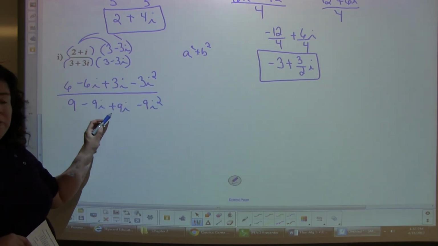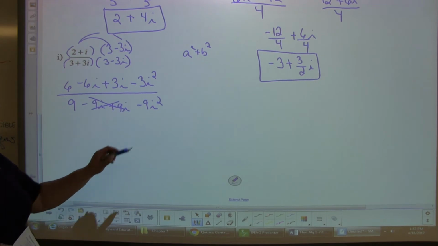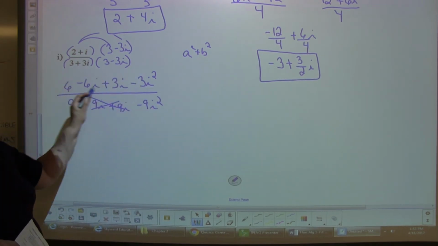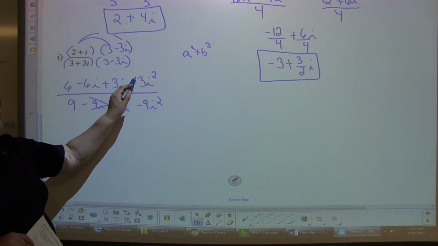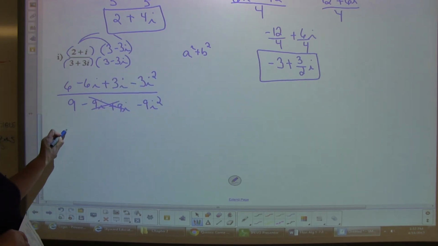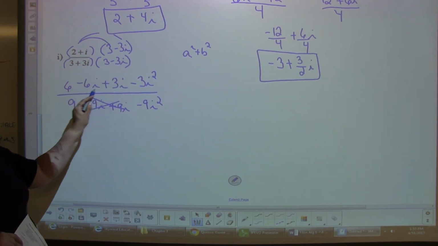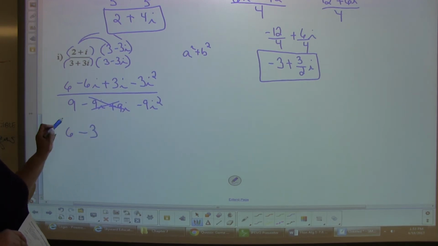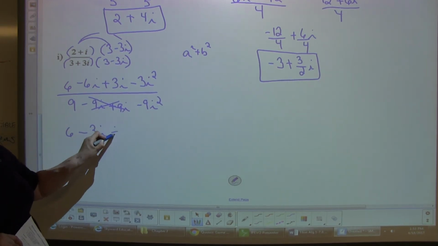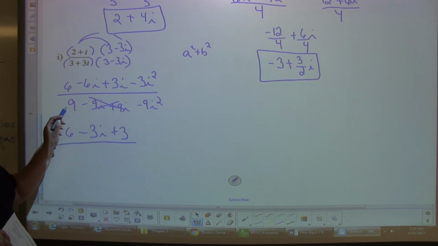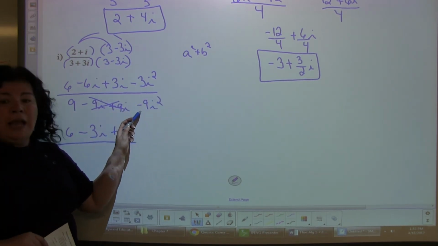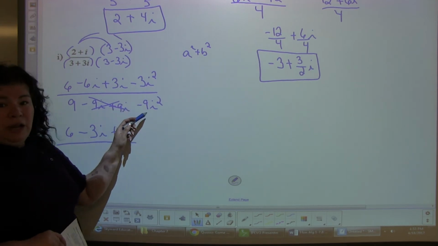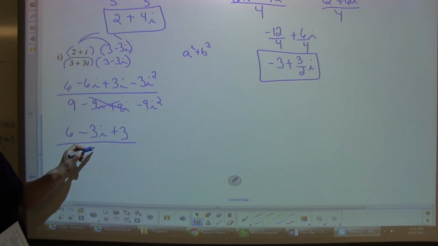Our two middle terms here eliminate. Okay, so let's go ahead and simplify this. This again is negative 1, but negative 1 times negative 3 is positive 3. So if we simplify our middle terms here, we have 6 minus 3i plus 3 all over. This is negative 1, but negative 1 times negative 9 is positive 9. So we have 9 plus 9